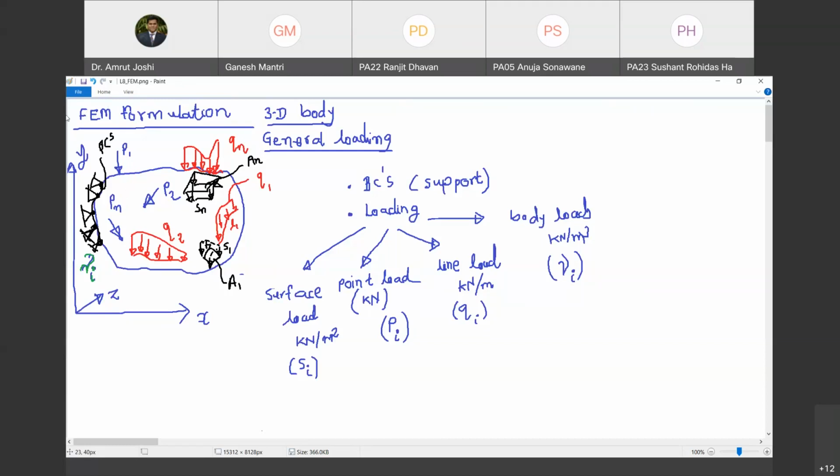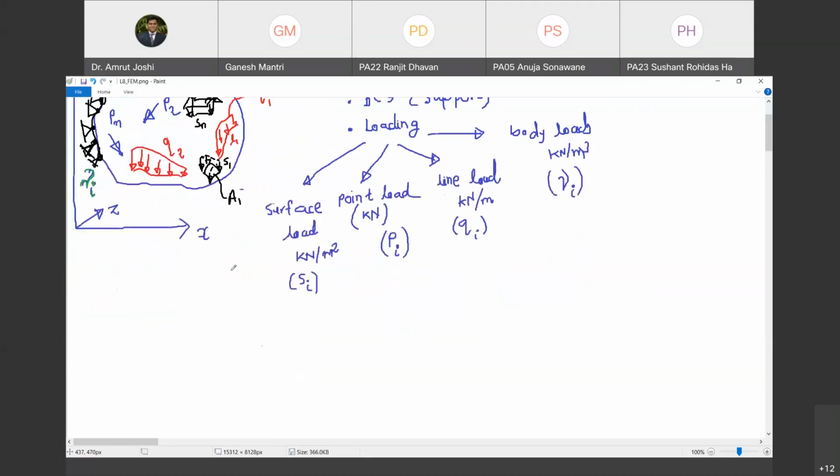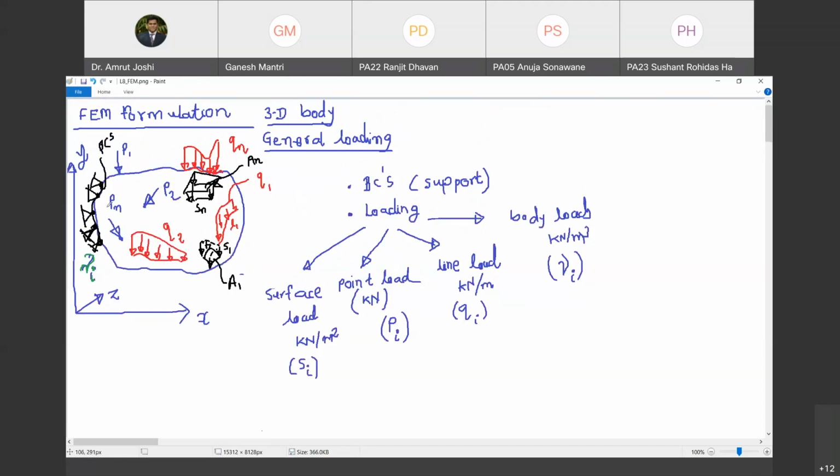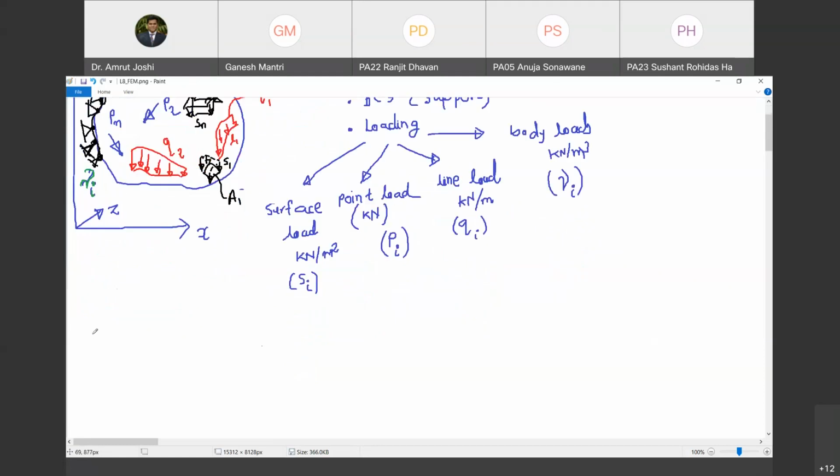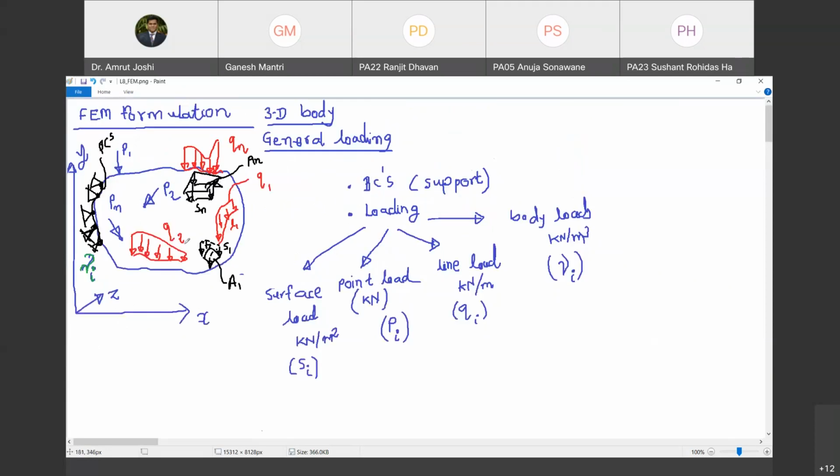Okay. So let us start with the finite element formulation. What is the first task that we need to do in the finite element formulation? Under the action of all these loads and these support conditions, the body is going to deform. Do you agree with me? Yes, sir. So when the body deforms, in the deformed position, I have to write potential energy as a function of x, y, and z directional displacements of all points on the body. Are you with me? Yes, sir. As the body deforms, each and every point on the body is going to have x, y, and z directional deformations. Do you agree with me?